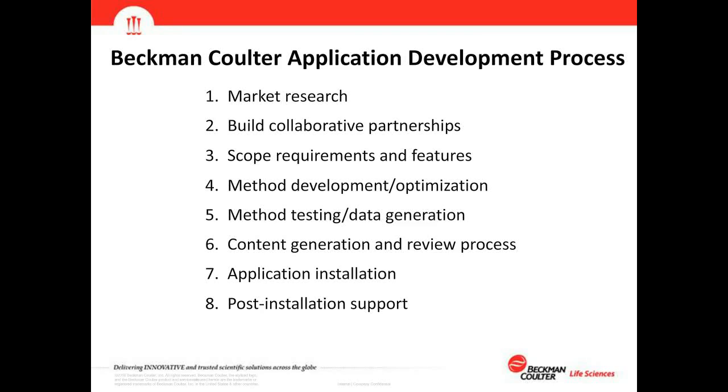Okay, so for the middle portion of the presentation, we're going to talk about what Beckman Coulter does to develop an application. So we're going to start with market research, followed by building collaborative partnerships, scoping the requirements and features of the application, and then begin the development process, where we develop and optimize the method, test the method with real reagents, and generate data, and then produce content such as tech notes, application notes, posters, webinars such as this,